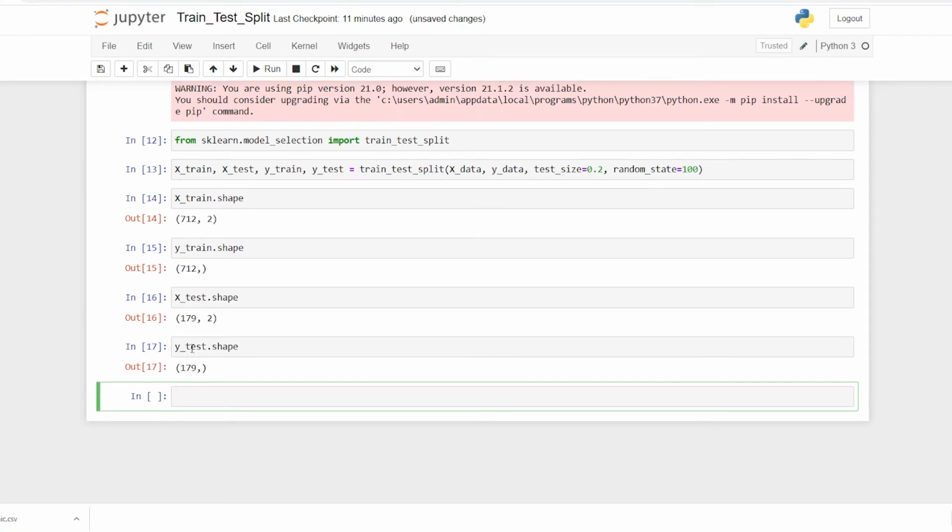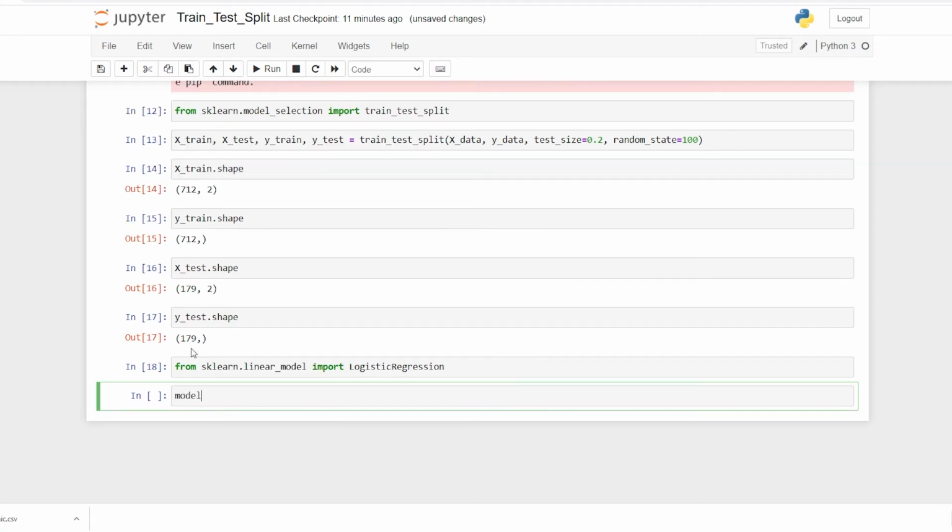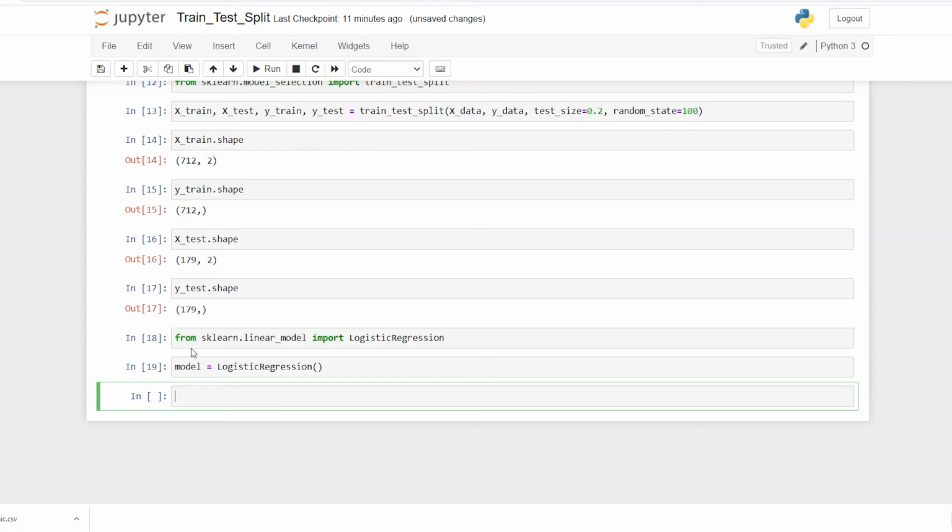So far we have come over here. We will also implement the model that we have learned, which is logistic regression. So I can say from sklearn.linear_model, I am going to import LogisticRegression, and then I'll make an object for my class. I'll say model equals LogisticRegression, and I'll say model.fit, and it is going to take x_train and y_train.